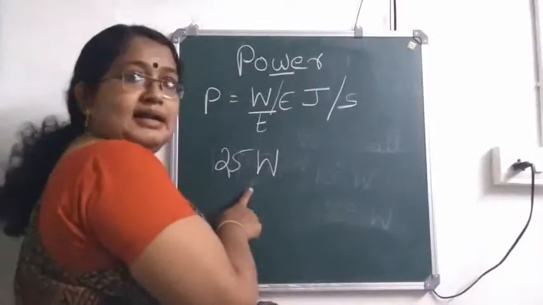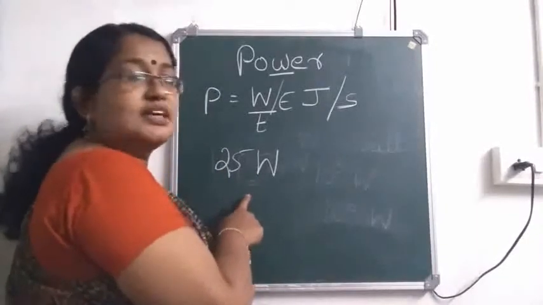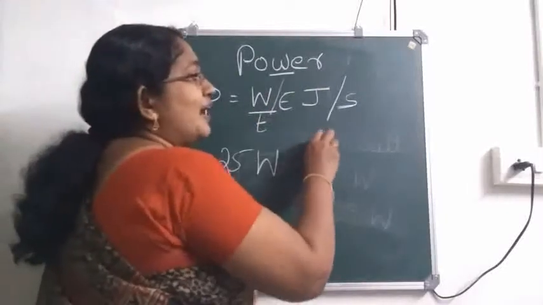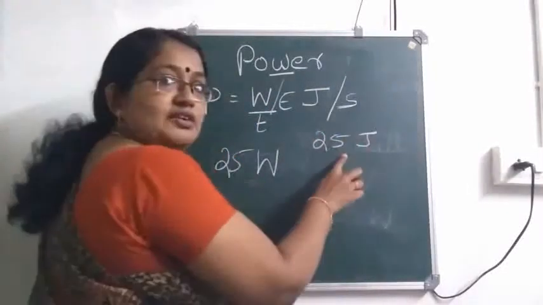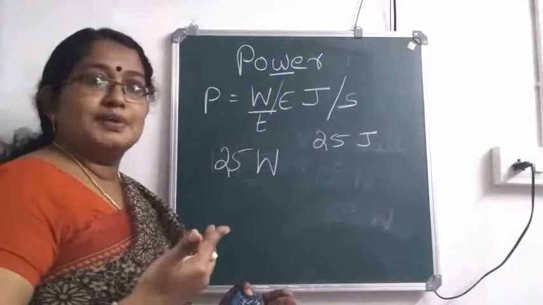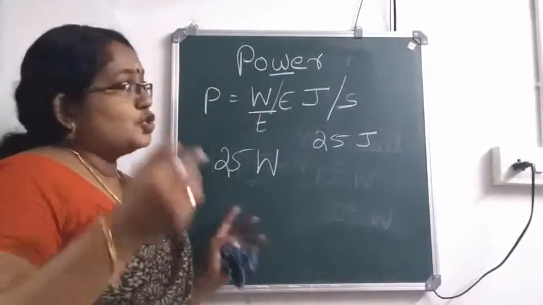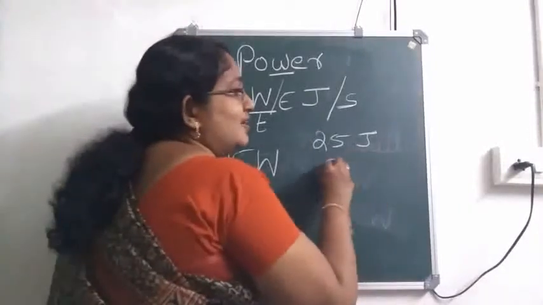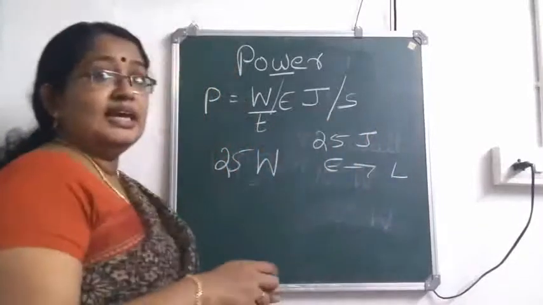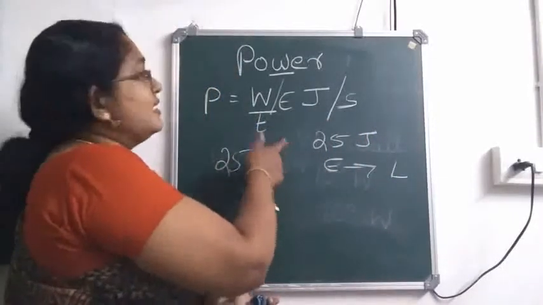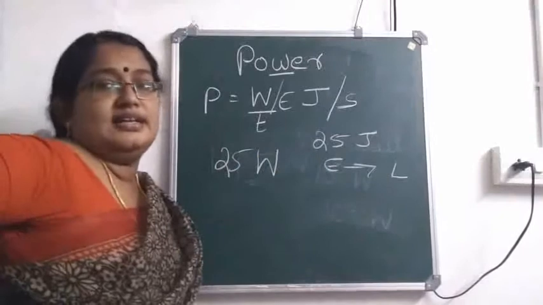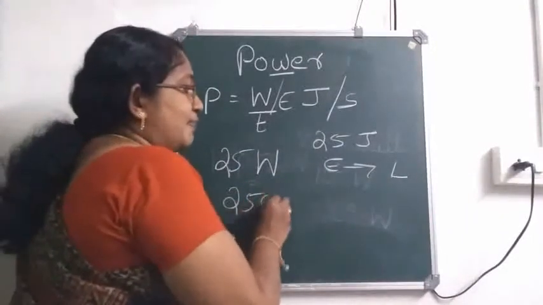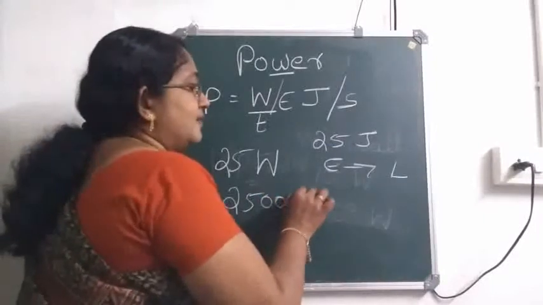So if the power rating of a bulb is given as 25 watt, it means that 25 joules of energy. What energy is given to a bulb? Electrical energy, isn't it? So 25 joules of electrical energy gets converted to light energy in 1 second if the power is 25 watt. Then for a heater, if the power rating is given as